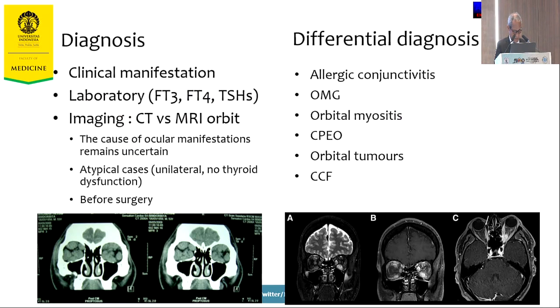Computed tomography or magnetic resonance imaging of the orbit is warranted when the cause of ocular manifestation remains uncertain. These imaging studies are useful in distinguishing extraocular muscle enlargement from fat expansion, especially in cases of asymmetric proptosis. Ruling out orbital tumor and arteriovenous malformation is important. CT and MRI have the advantage of imaging the entire orbit. CT is more sensitive for showing extraocular muscle enlargement. In active disease, the extraocular muscle may appear hyperintense on T2-weighted MRI.